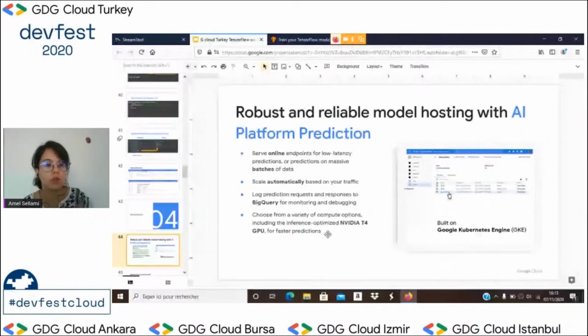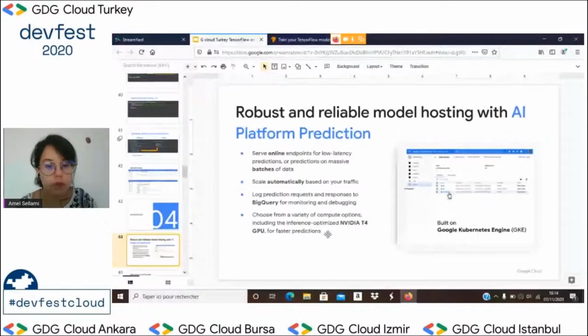For example, you can serve online endpoints for low latency predictions, or you can do predictions on massive batches of data, meaning that it's very immediate when you do predictions on AI Platform, whether it's on a batch of data or endpoints. It scales automatically based on your traffic. You can log prediction requests and responses to BigQuery for monitoring or debugging.